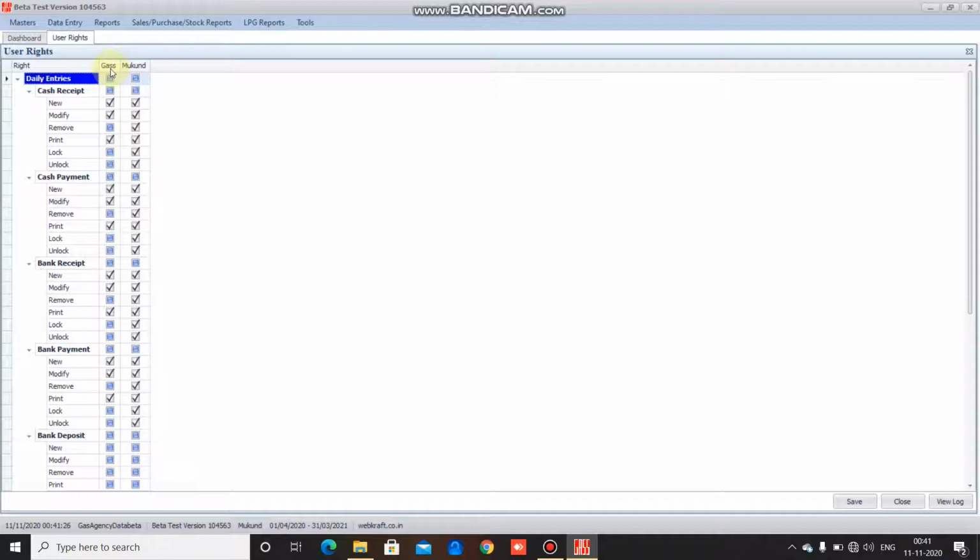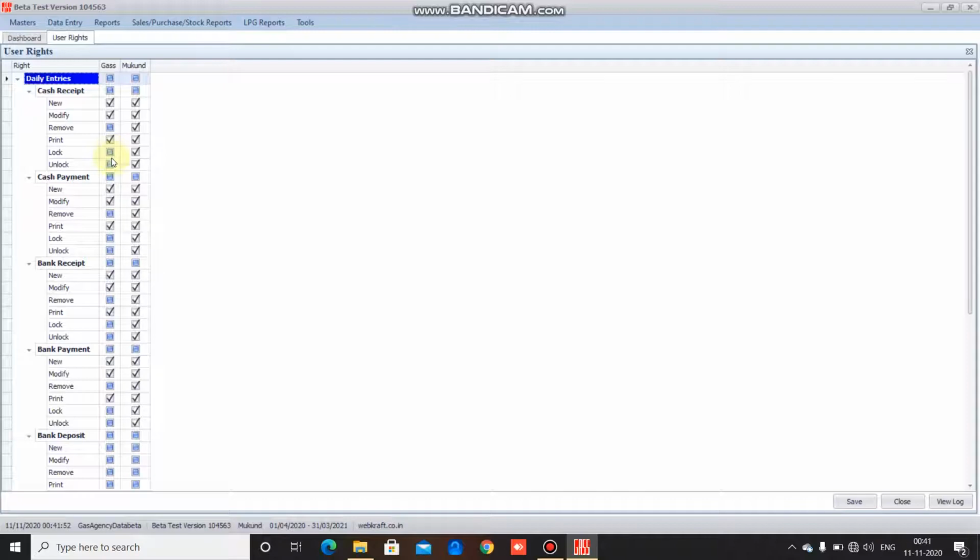So now user Mukund has given user rights to Gas for option cash receipt, to make new entries, to modify entries and print entries, but has not given access to remove the entry and hence not given access to lock and unlock the entries.